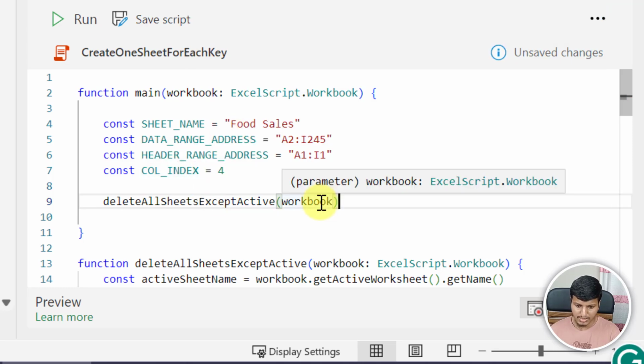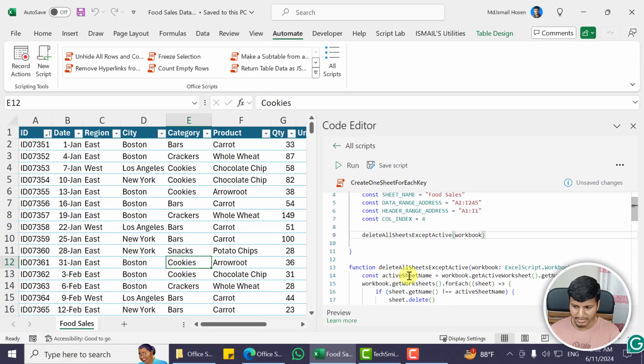It will delete all the seeds except the active seed. Instead of active seed, I could pass the seed name as well, that okay, I want to keep that seed and delete the other seeds, okay? But for now, when I run this code, I'll just keep the food cells as active seed, so it will delete all the seeds except the food cells. Now the next part is that I need